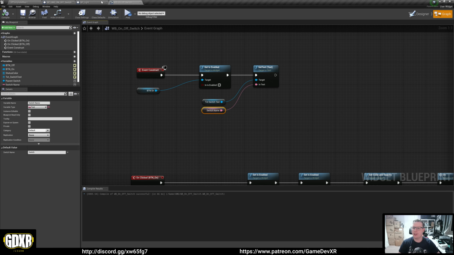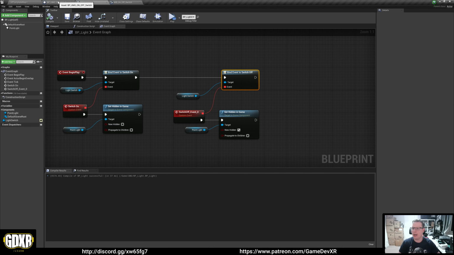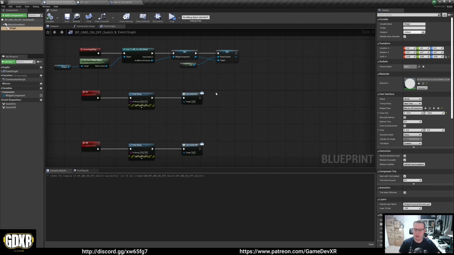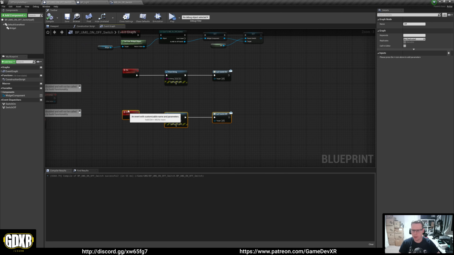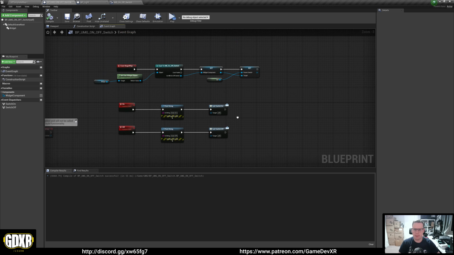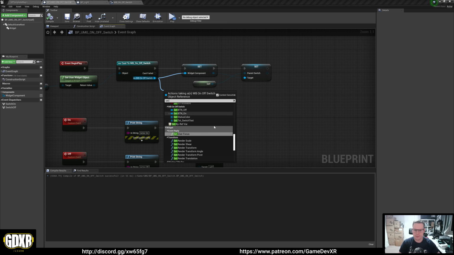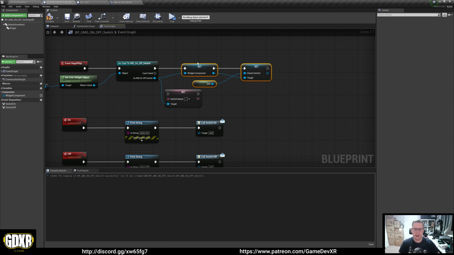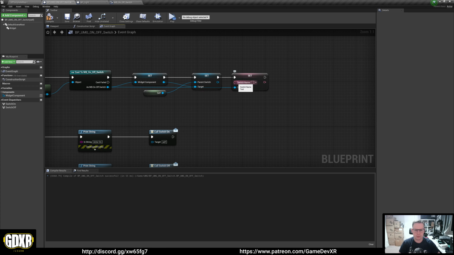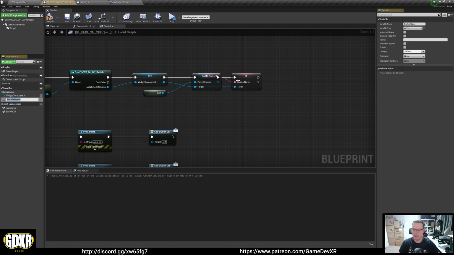And now what we can do is go to our light blueprint, which contains our widget actually. Bring these up, and on event begin play, we've got our light switch. We want to set, and if we scroll up, you see we get set switch name. So we can bring this along, do that to there. And now if we promote this one to a variable, keep it as switch name, hit compile,